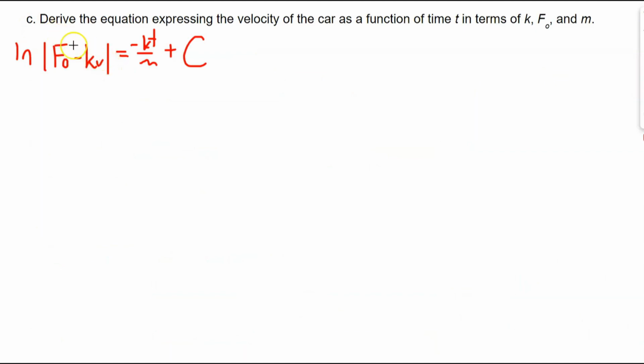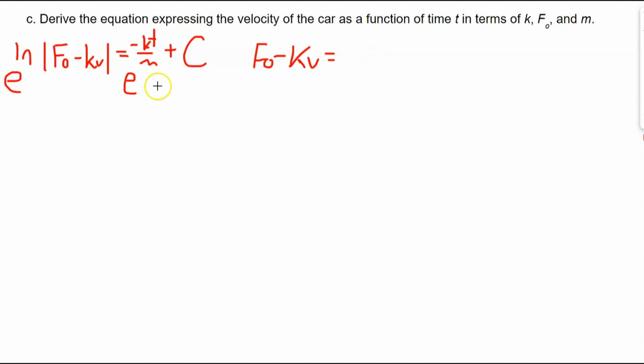So what do we do next? How are we going to isolate the v? We've got to get rid of the logarithm, the natural log. So we have to exponentiate this using Euler's number. So if I have e exponentiated to this whole expression and e exponentiated to this whole function, the e and the ln will cancel each other out. And then I have f sub naught minus kv